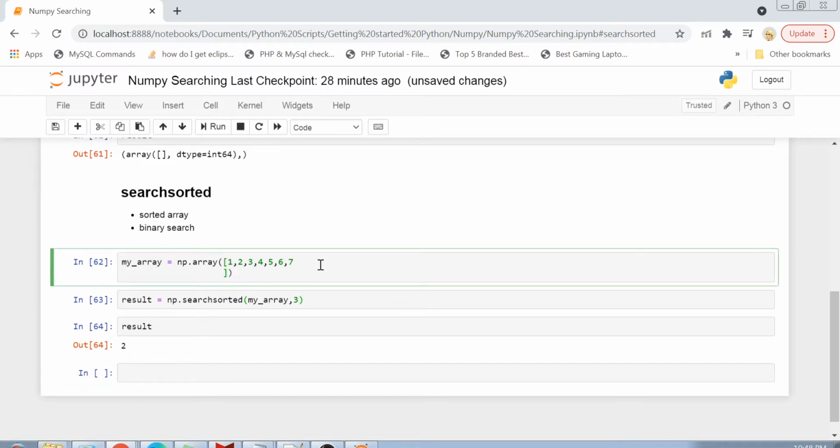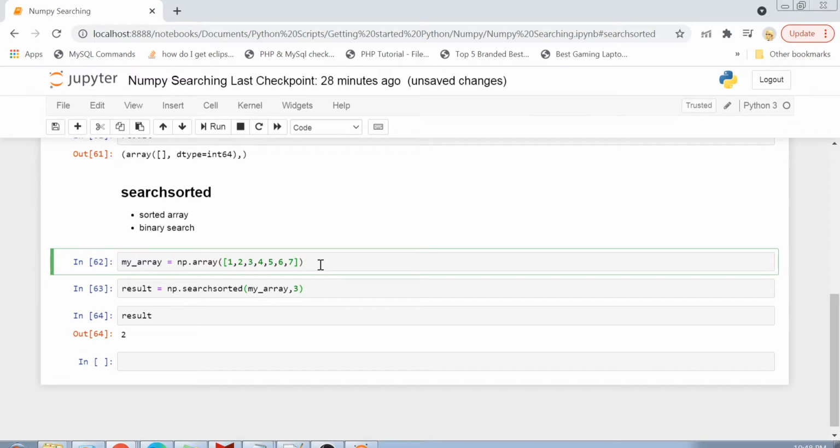So what I mean by that is something like this. What if I had a sorted array but I had 3 in multiple positions? So let's suppose I have 3 in 4 positions here.